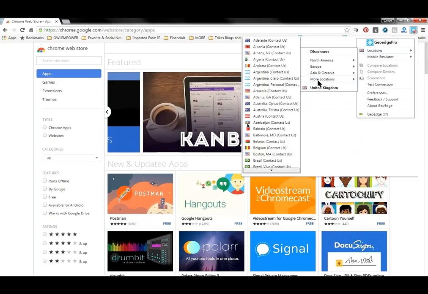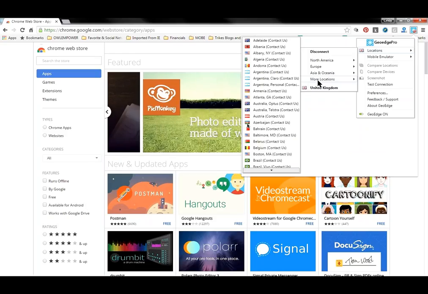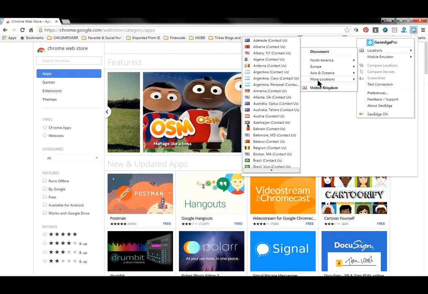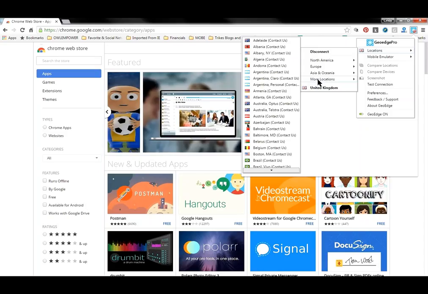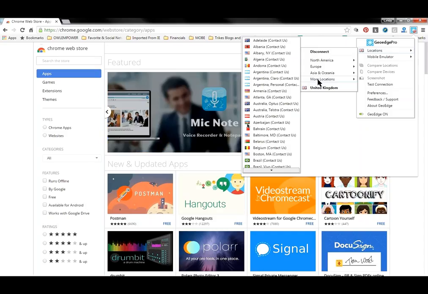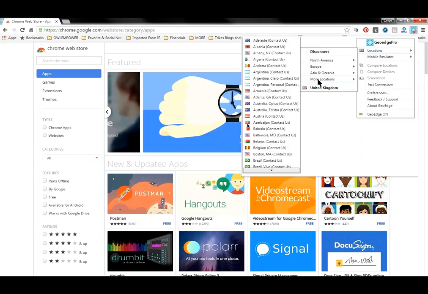Oh yeah. So the 3 that we have active don't say contact us. The rest say contact us because the plan that we have allows us to have 3 locations at a time. We can change those 3 locations at any time, but we have to contact them to change them. We have to contact them to add or to delete locations. But that's it. That's how you set your location. Any questions? That is absolutely cool.